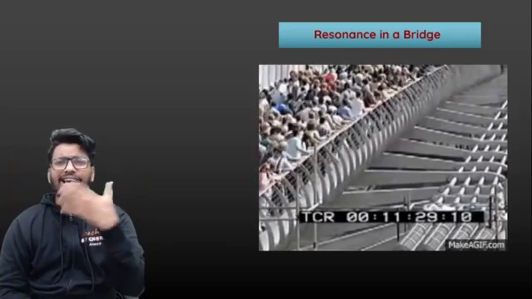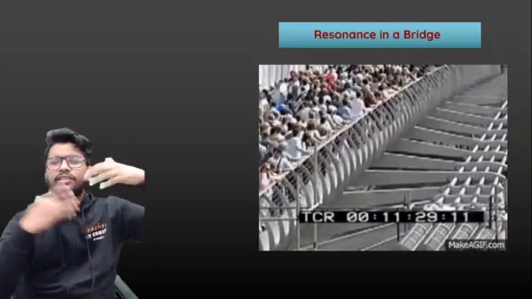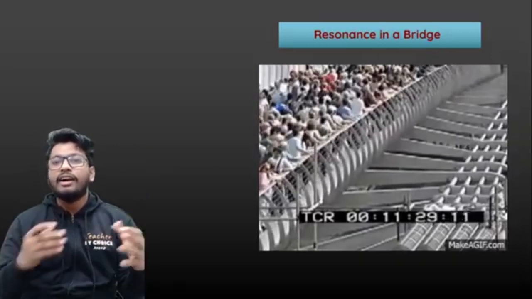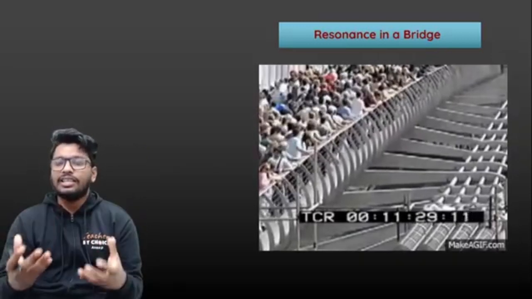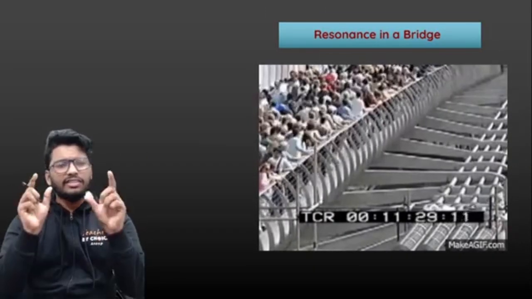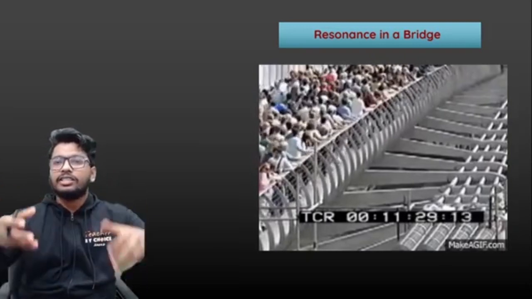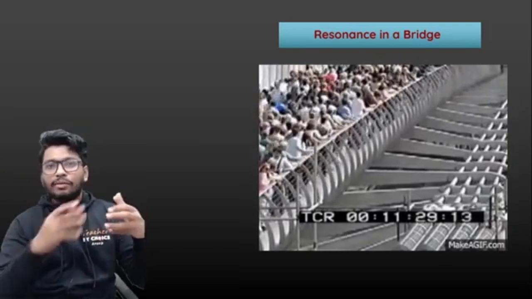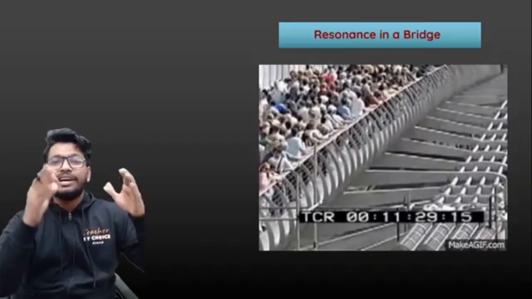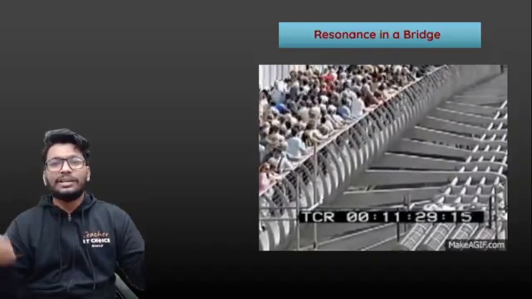There was another incident that happened in the past as well. In the 1900s, we've actually seen one of that, the Tacoma Bridge. You can actually see that online. The name is Tacoma Bridge. You can see that the frequency of the forced vibration became equal to the natural frequency of the bridge, and it basically broke.